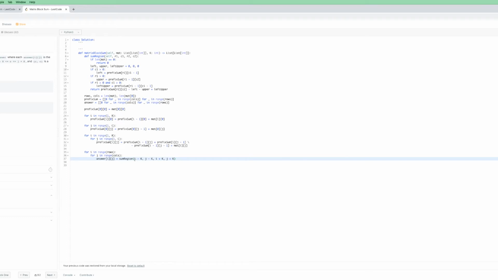And of course we need to make sure it's within the boundary, so max of 0 and that. Max of 0 and this, and then min. This has to be a valid row, so row is -1 and that, and min of